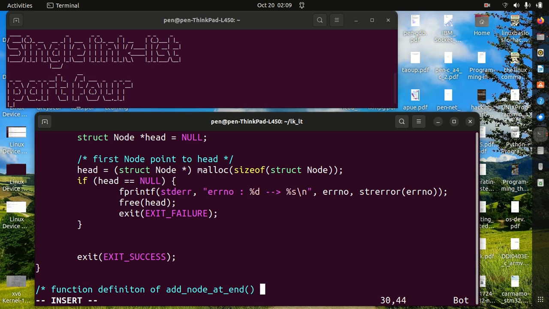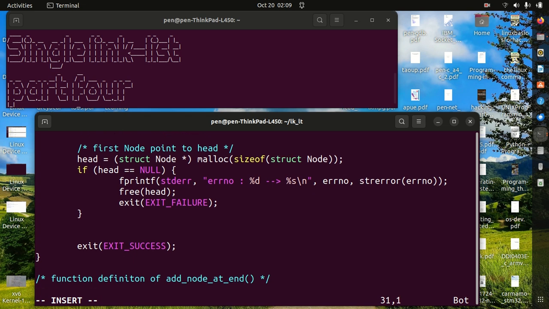Then we close this. Then we start writing the code. We start defining that function. So remember, the function is of type void, which means it returns nothing, or we can do casting if we want. And the name is add underscore